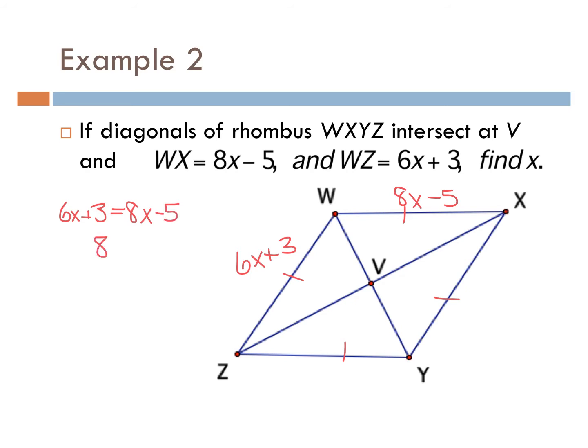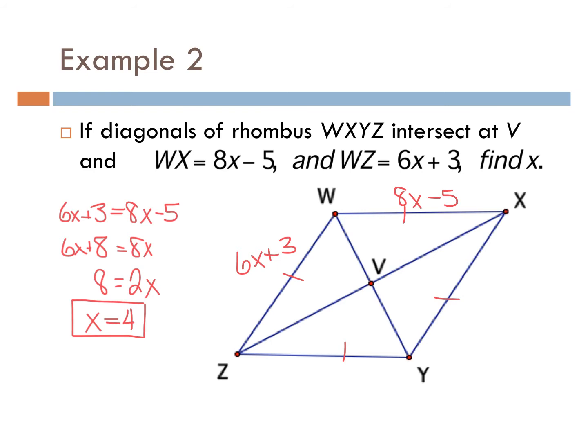I get 6x plus 8 equals 8x. Subtract 6x, we get 8 equals 2x. Divide by 2, x is going to equal 4. So let's see what they wanted me to find. Just x. Remember, I could plug this in and make sure that I found this correctly,